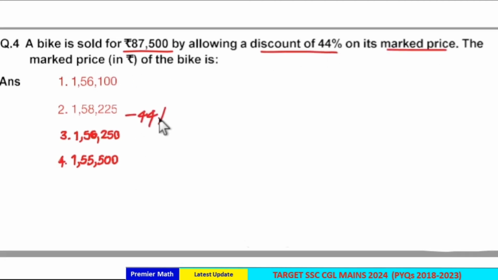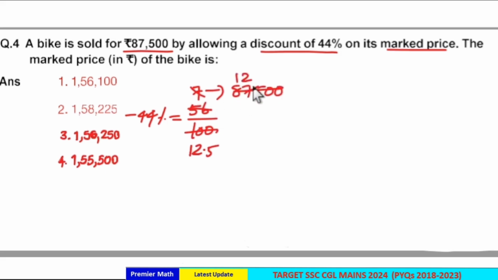Here this 44% discount is on the mark price. So if 100% is the mark price, 100 minus 44, 56% is the sell price. That is, this 56 part sell price is out of this 100 part mark price. So if you take the ratio, 8 goes 7 times in 56, 12.5 times in 100. Now 7 part is equal to 87,500. 7 goes 1 time in 7, 2 times in 14, 5 times in 35. So 1 part is 12,500, which means 12.5 part is the mark price, which is 12.5 into 12,500, which is equal